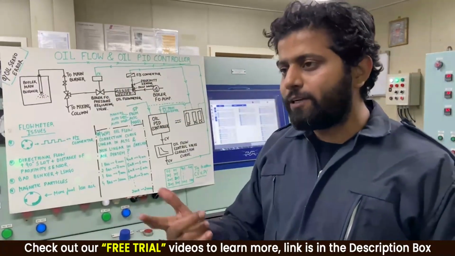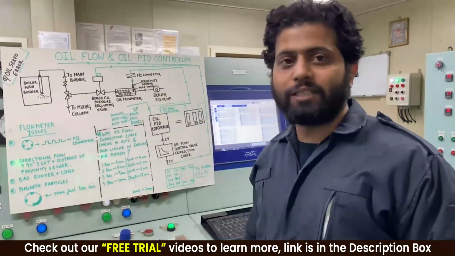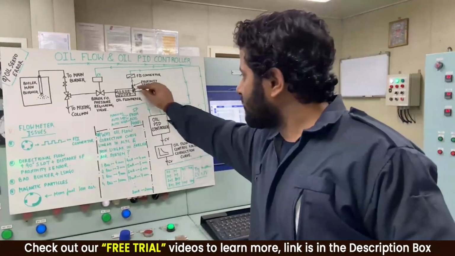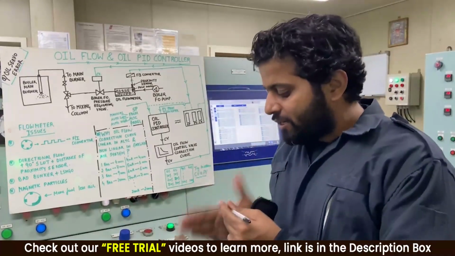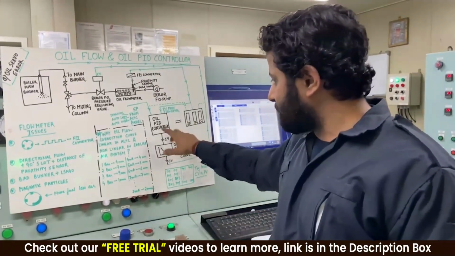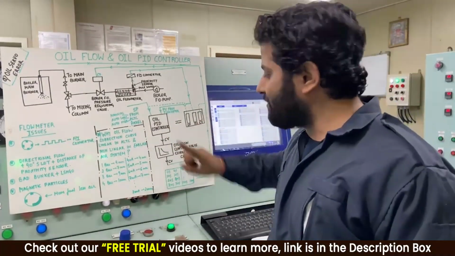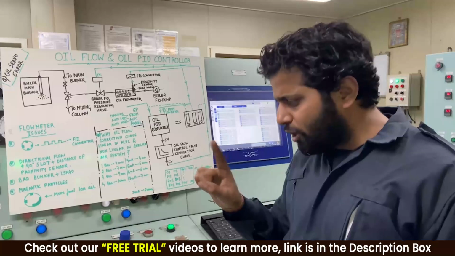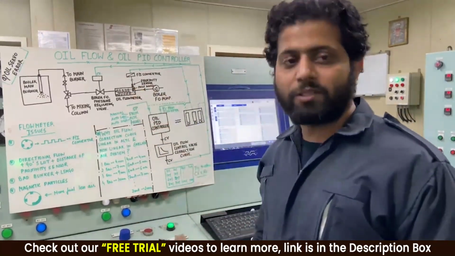Now, if my PV is showing 0%, is the oil actually flowing, or is this proximity sensor bad? So what I did was, I took out this proximity sensor from over here and rubbed a magnet in front of it. When I rubbed the magnet, I could see in the PID controller on the ALTC panel locally that the PV value was changing: 0, 2, 4%, 7%. So I knew that the proximity sensor was okay, but there was some problem with the flow meter.